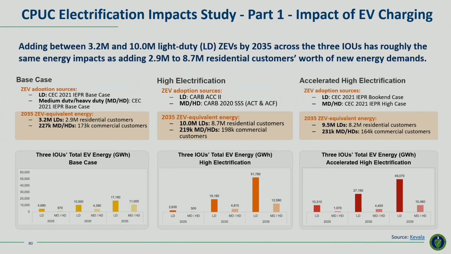Why is it important what's coming? Quick study facts in California. I was part of a study for the regulator there for the long term that said that by 2035, across the 3 IOUs, the EV impacts are going to be as if we were adding 3 to 9 million residential customers to the system. So it's going to be massive. And different